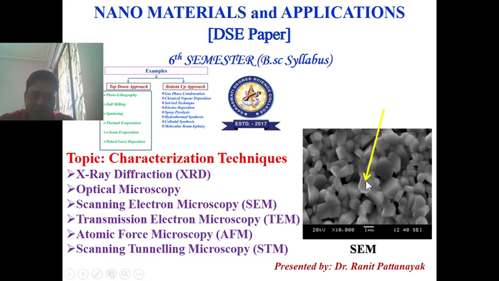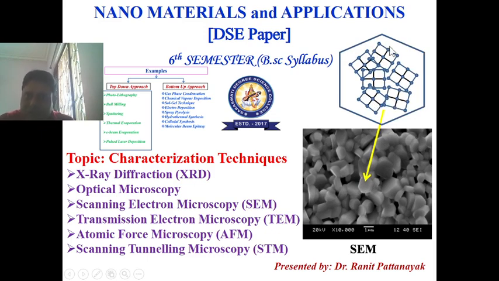So this is one example. You can see a scanning electron microscopy (SEM) image. Here you can find a large number of grains in this area. Inside the grains we can find the crystallites, that means lattices in different orientations. These lattices also have different sizes; more or less different sizes of crystallites we can find inside the grain. And the size of the crystallite, and the structure of the crystallite, we can determine by using X-ray diffraction, which we are going to discuss in detail in today's class.